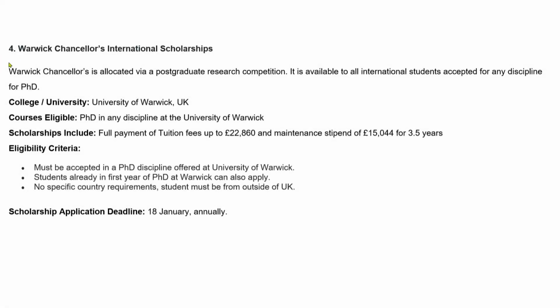The first scholarship on the list which I've got here is known as the Warwick Chancellors International Scholarship. Now, this scholarship is allocated via a postgraduate research competition. The university it can be applied to is the University of Warwick, UK, as the name suggests. And this is eligible only for PhD courses, and the PhD can be in any discipline at the University